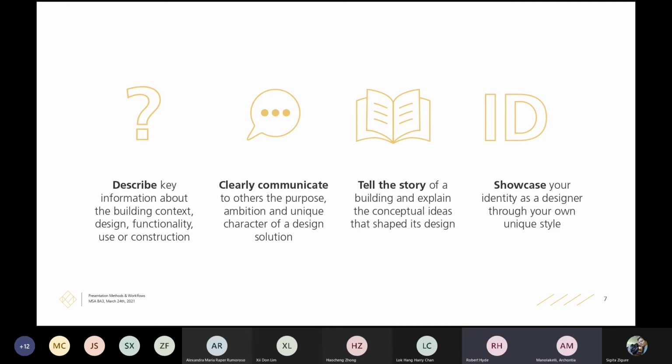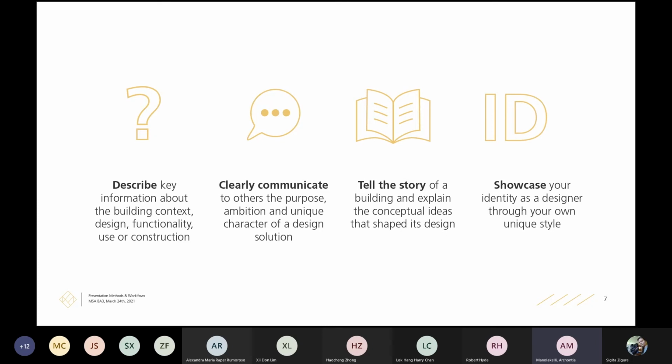Clearly communicate to others a purpose, ambition, unique character of a design solution. That is more of the conceptual ideas behind a project. To tell a story, explain what shaped the design and the process of it coming together,